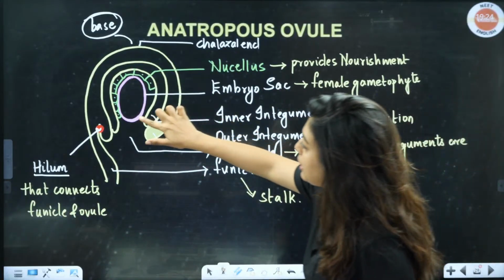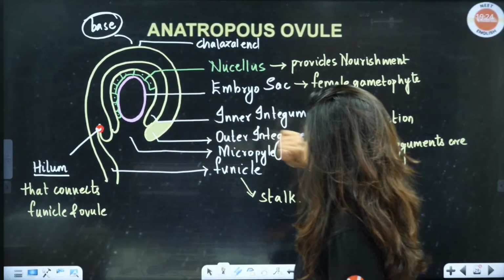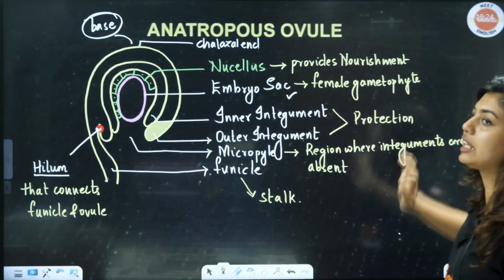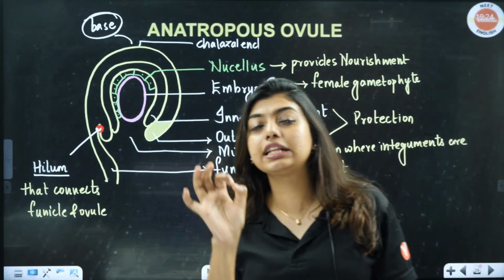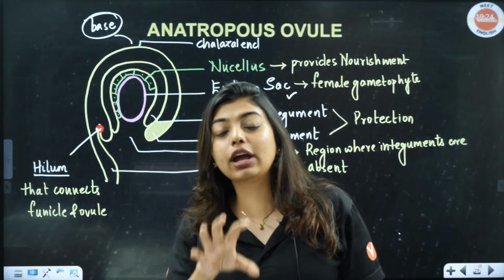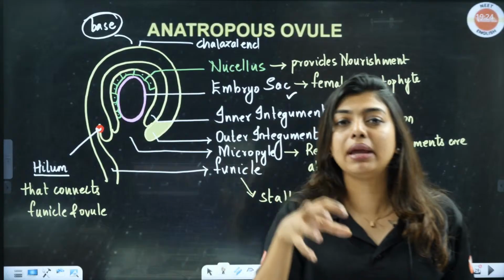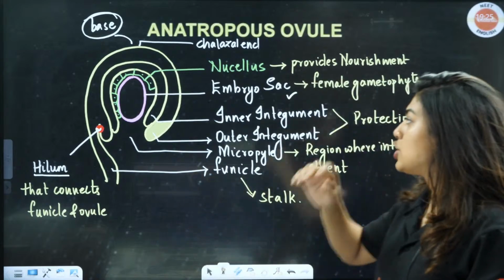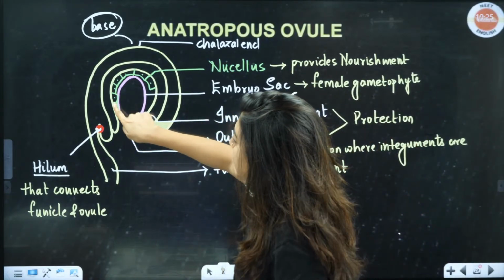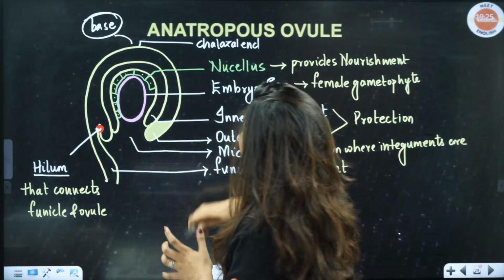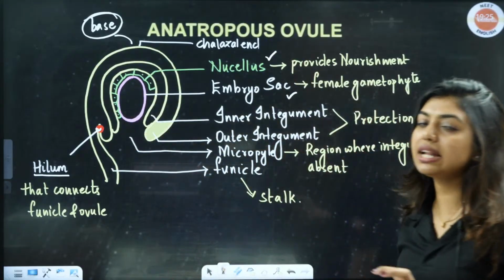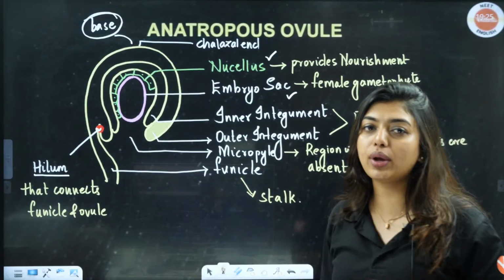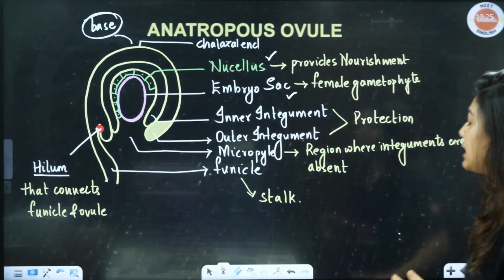Now students, look here, in the middle what you are seeing in pink color is called the embryo sac, which is the female gametophyte. Pollen grains were the male gametophyte. Here the embryo sac is the female gametophyte. Inside the male gametophyte there is the male gamete, inside the female gametophyte the female gamete will be there. And can you see there's one layer of cells surrounding the embryo sac, which is called the nucellus. Nucellus, not nuisance, provides nourishment for the growing embryo sac. But there is a twist here.